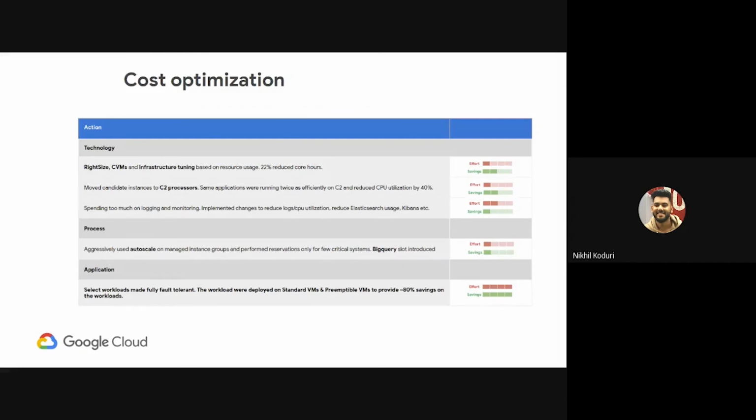Some of the applications can be made fault tolerant and stateless, and can be deployed on preemptible VMs that have a validity of 24 hours. You can have a higher amount of scaling with 80% savings, in terms of HPC and high-performance deployments, right? You can incorporate preemptible VMs there.